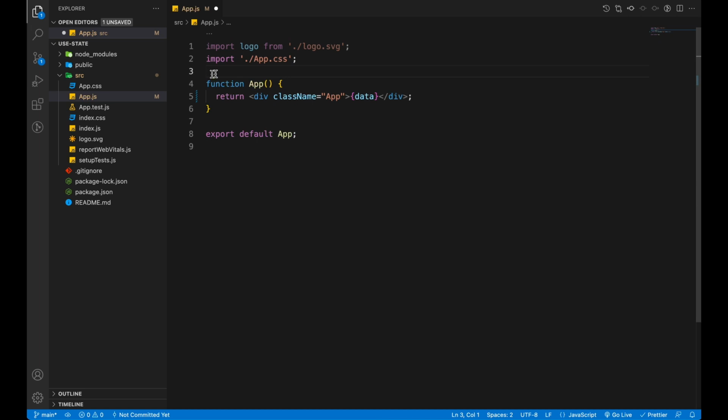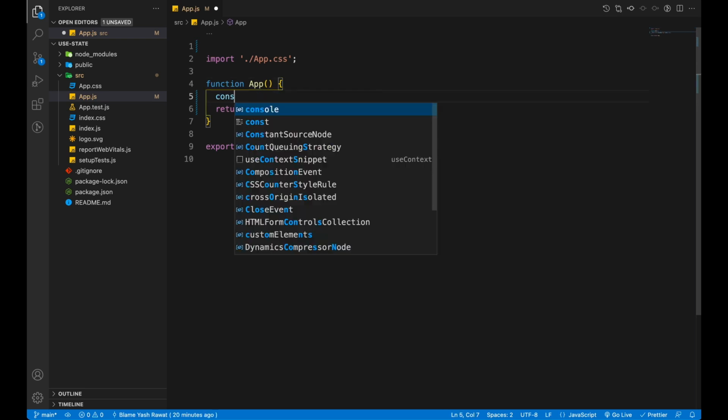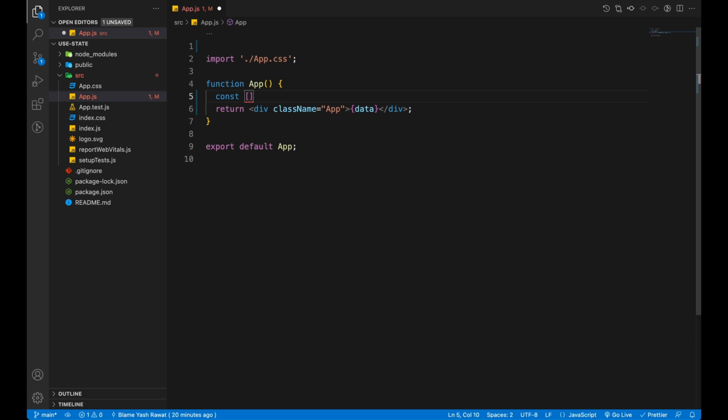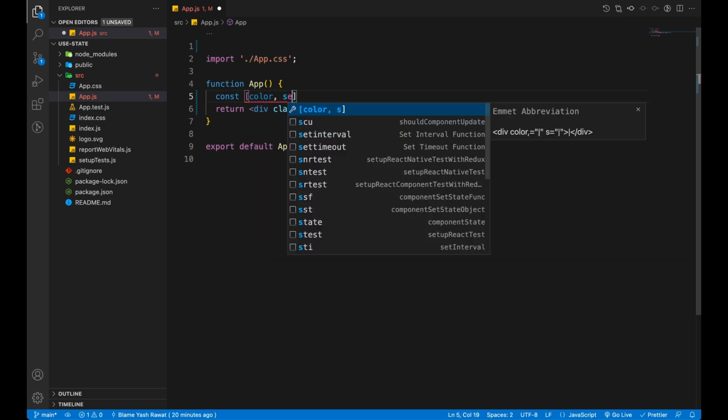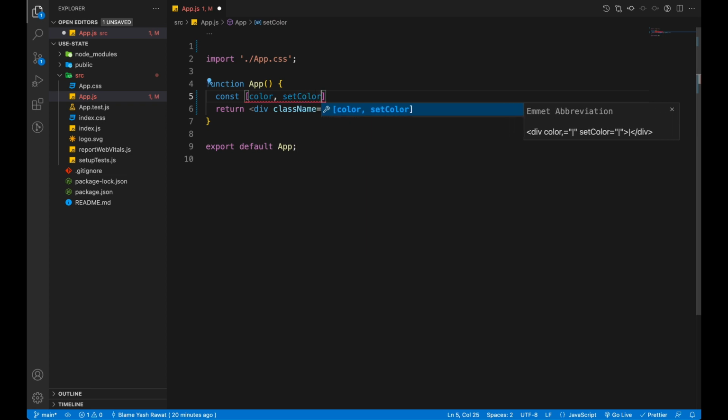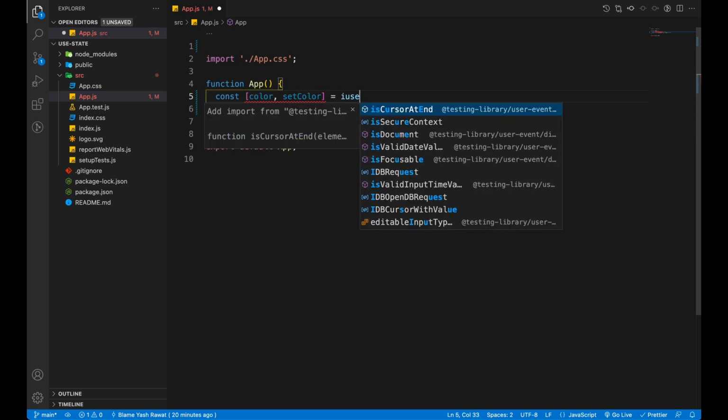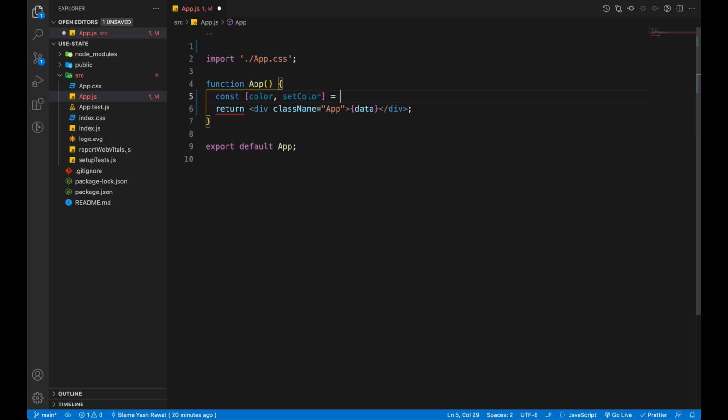Okay, so let me just remove this line. First of all, the syntax that you use to make a state: let's say I'll call it my data, or let's be very simple and use a color. Now I will use my state, and the way you define a state in a function component, which has a function keyword with it,